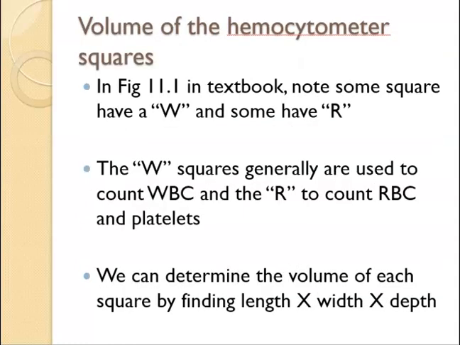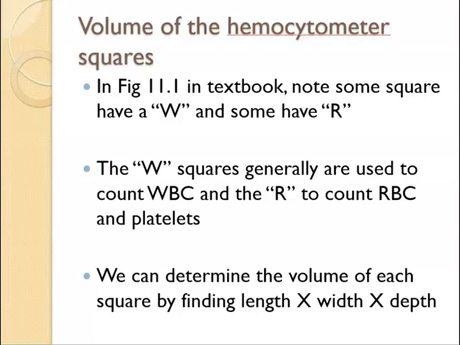microliters. The volume of the hemocytometer squares, we've already mentioned this, but some of the squares represent white blood cell counting squares, and some represent red blood cell counting squares. And the white blood cell counting squares, we usually use the outside corners, and we use the larger squares. And usually in pictures or diagrams, a W represents those larger white blood cell counting squares, and in diagrams an R represents the smaller red blood cell counting squares. Sometimes we use those smaller squares also to count platelets, and we